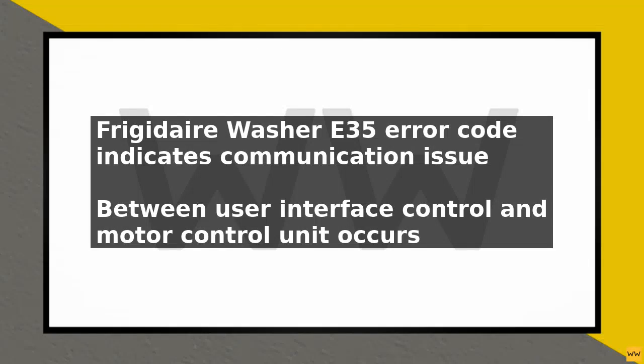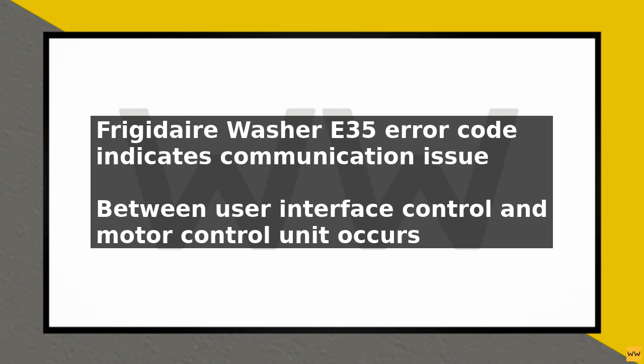The Frigidaire washer E35 error code is an indication of a communication error between the user interface control and the motor control unit. This error can occur due to faulty wiring, a malfunctioning user interface control, or a problem with the motor control unit. To understand the E35 error code, it is essential to know the key components involved in